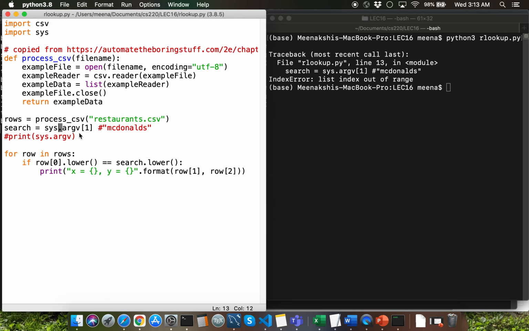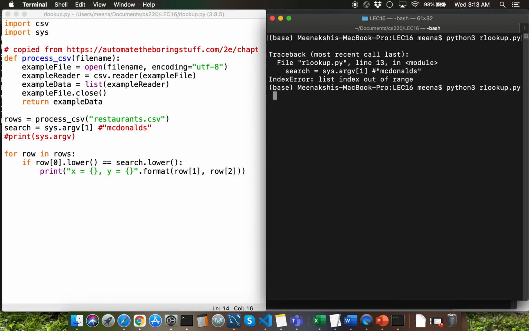The first item within sys.argv is always going to be the name of your script file. In this example, that's going to be rlookup.py. Since we did not pass a command line argument, there isn't an item in index position 1, so Python is unhappy when you index into a non-existing index position.